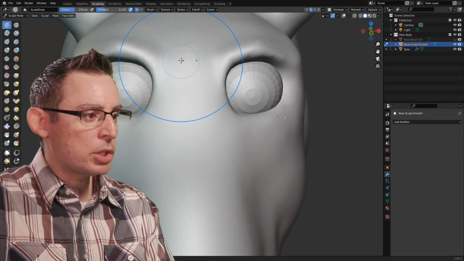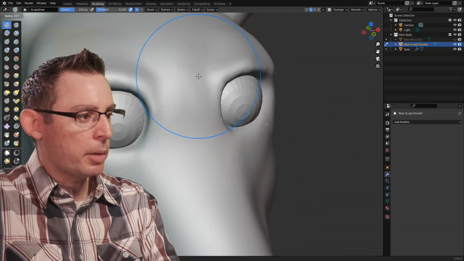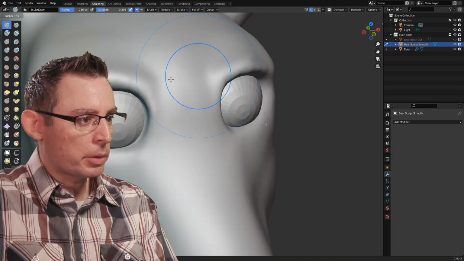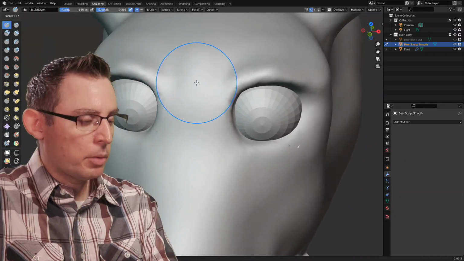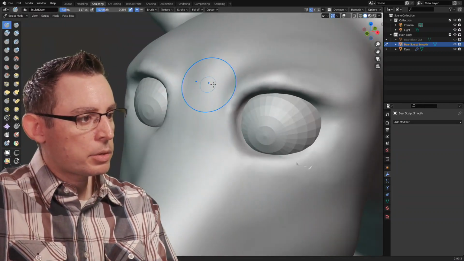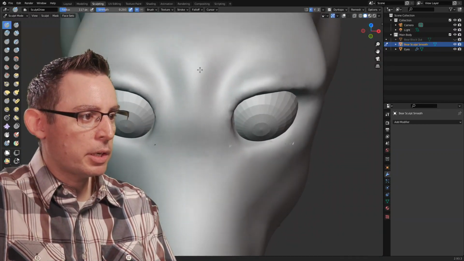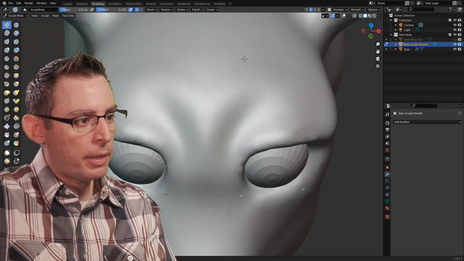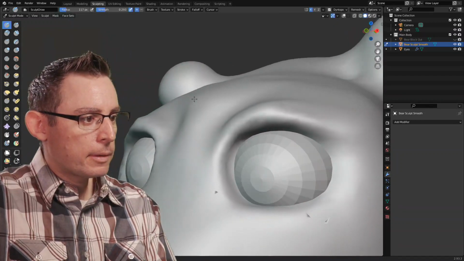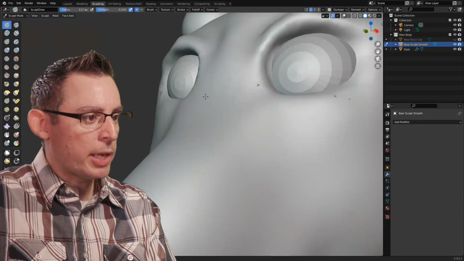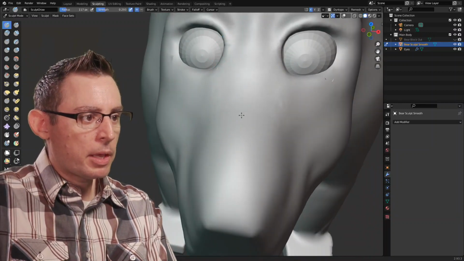Let's start looking at this transition here on the brow, because we have a nice little line here. Oops, brush is way too big. I'm getting a massive lump. Let's make it smaller. Yeah, I just had a happy accident. I wasn't expecting that to work the way I wanted it to. I'm pushing in now, which is creating this nice little change here in the center, and that's really working for me. I like that a lot. I'm just going to bring out some of these shapes and then smooth it out. What this is giving me is a nice ridge line, and that's the direction I was going in. I think I'm going to keep bringing that ridge line down.